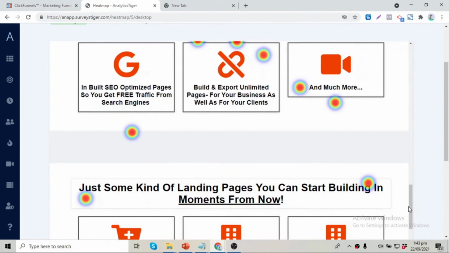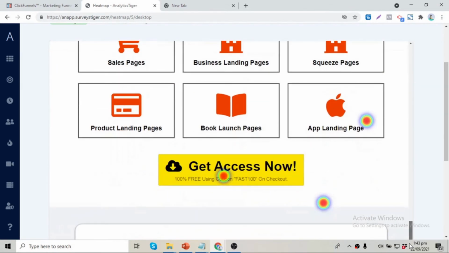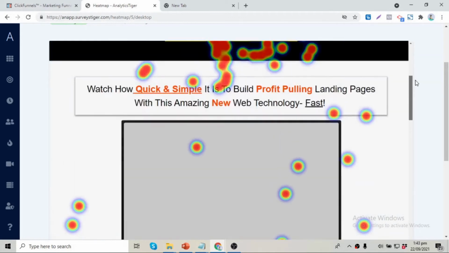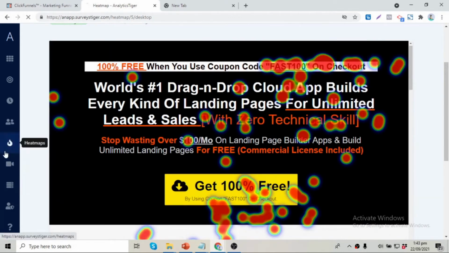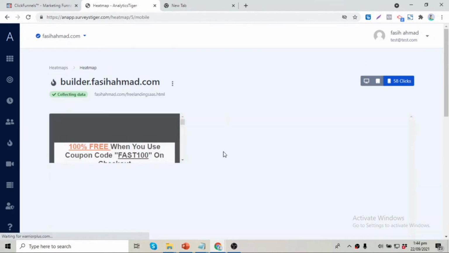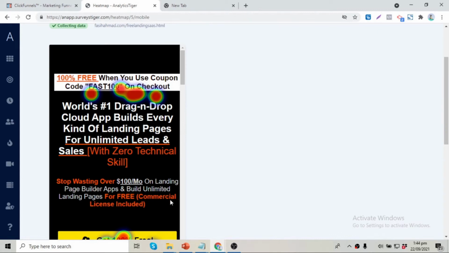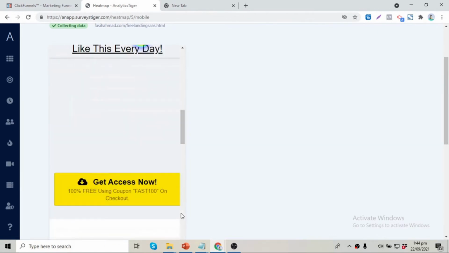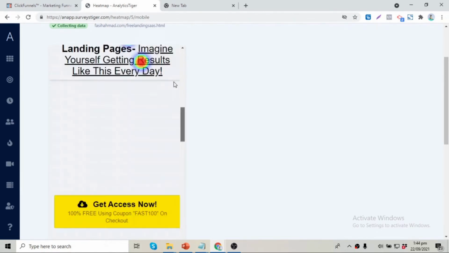So I know that if I want to increase my conversions, I need to make the lower part of the page more enticing. Also you can view the heat maps on tablets and mobile, and see how people behaved on their mobile phones, where they clicked.